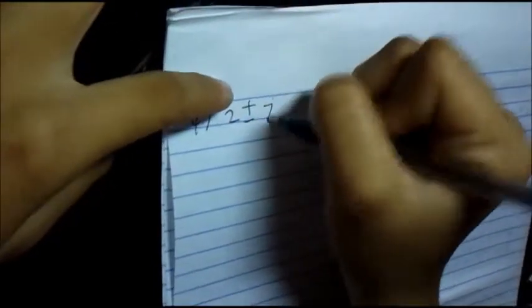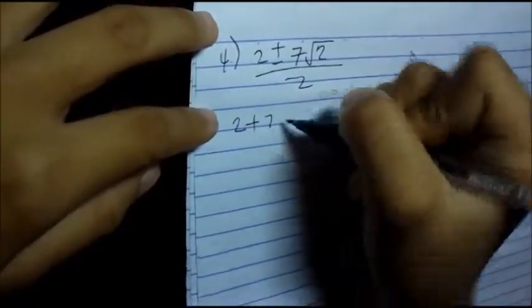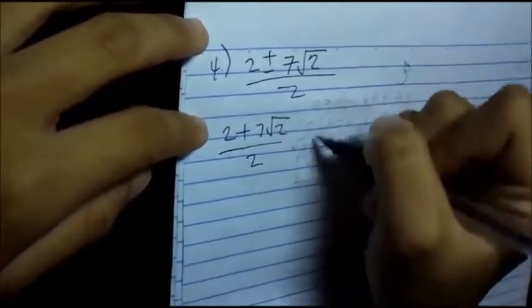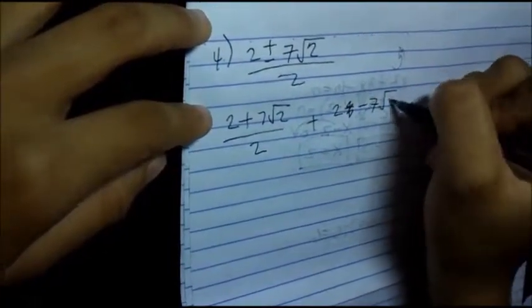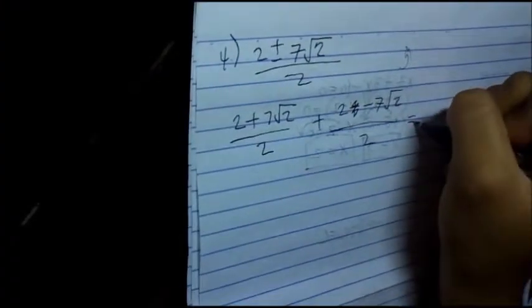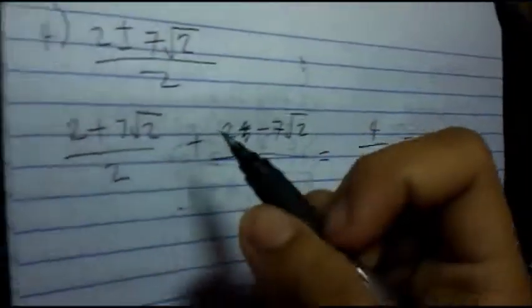So, in our fourth example is 2 plus negative 7 square root of 2 over 2. To get the sum is 2 plus 7 square root of 2 over 2 plus 2 and negative 7 square root of 2 over 2 is equals to 4 over 2. So 4 divided by 2 is equals to 2. Our sum is 2. Then for the product,